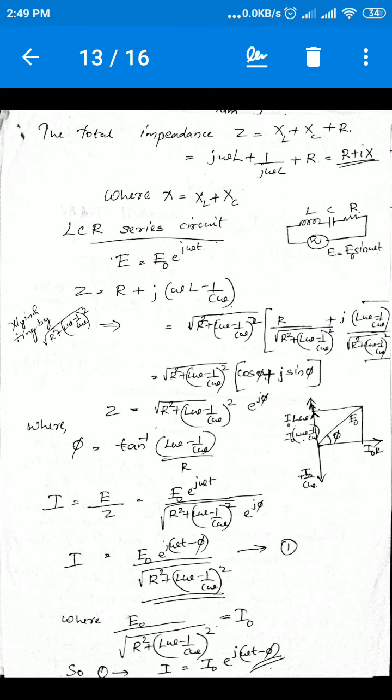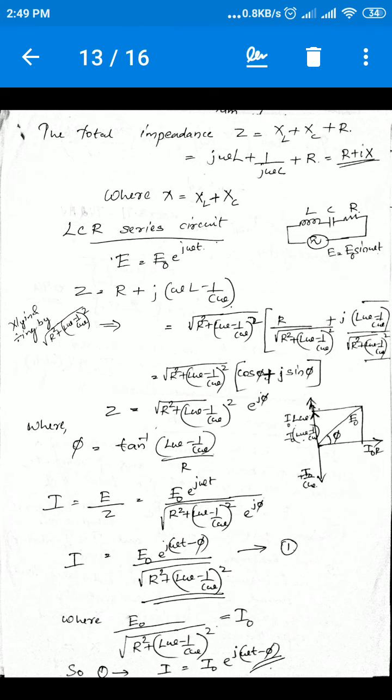Okay, so let us draw the diagram of the LCR series circuit, and we have drawn it here, and it is shown here. E is equal to E0 sin omega t. We know that it is the imaginary part of E0 exponential j omega t. Let us just take it as E is equal to E0 exponential j omega t. We know that it is only the imaginary part. Later we will write that too. First let it be like this. E is equal to E0 e raised to j omega t. Then Z is equal to, we know, R plus j into L omega minus 1 by C omega.